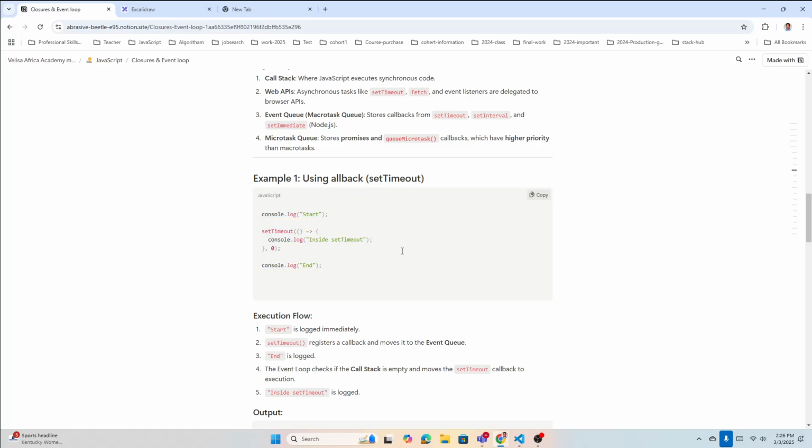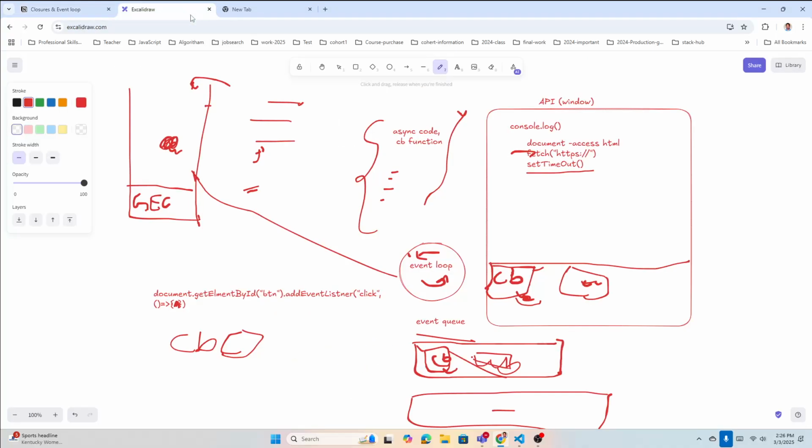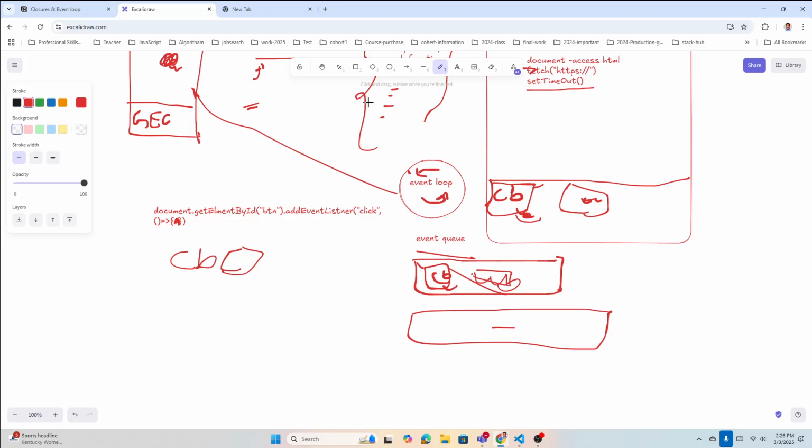Then if there is a microtask queue with a promise, the promises have higher priority. Okay, this microtask queue has higher priority. Remember that microtask queue, right? This has higher priority. So if there is something from the fetch,